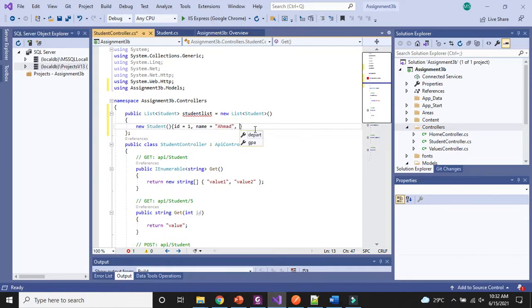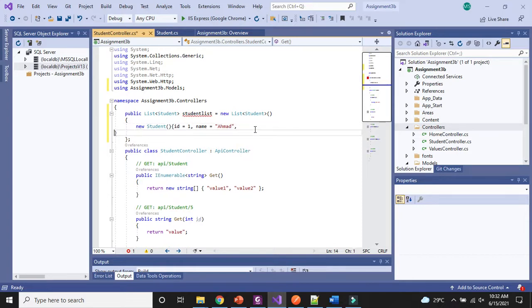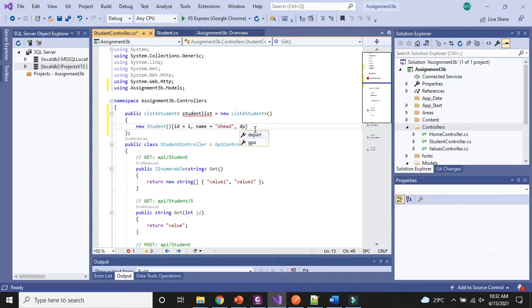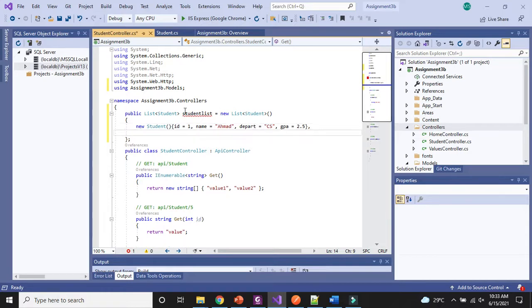And the third thing was department, which was also a string type. I will write CS over here. And the last thing was GPA, which was double type, so I will write 2.5. Okay, fine. Now this is the list, but I think I am making some mistakes over here.